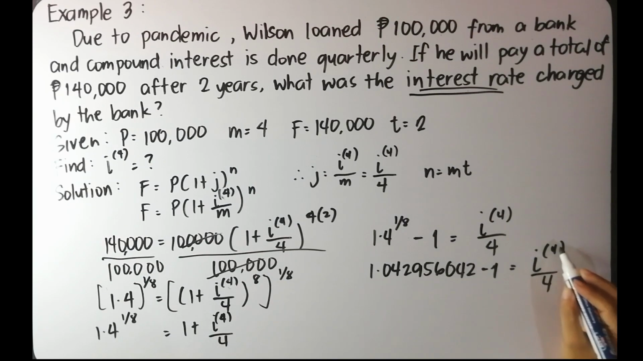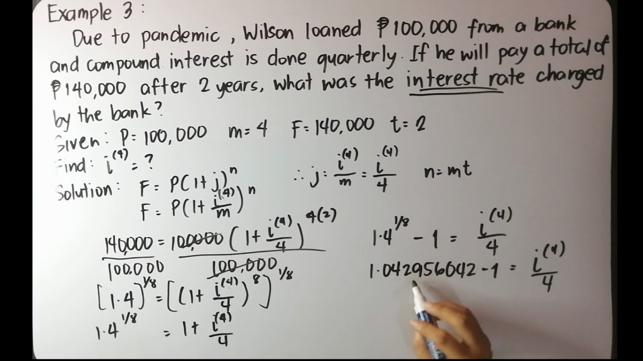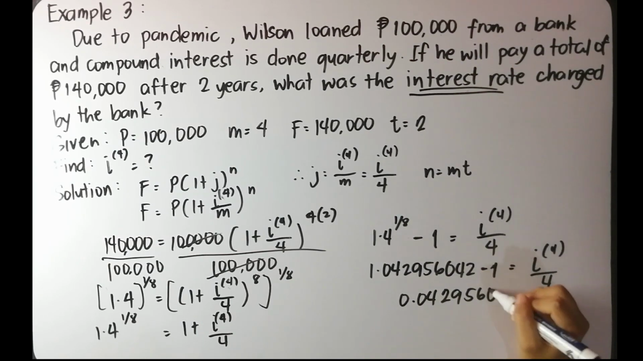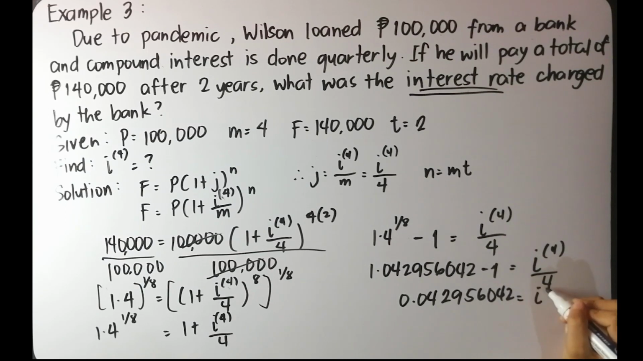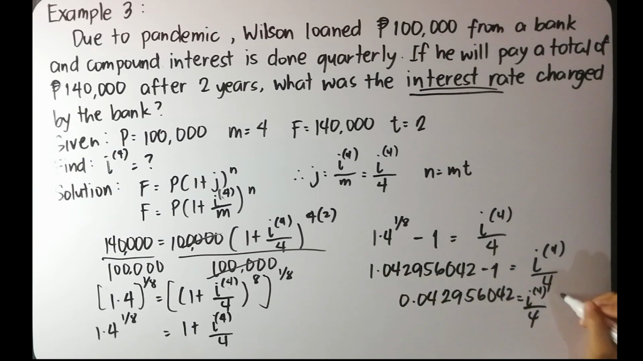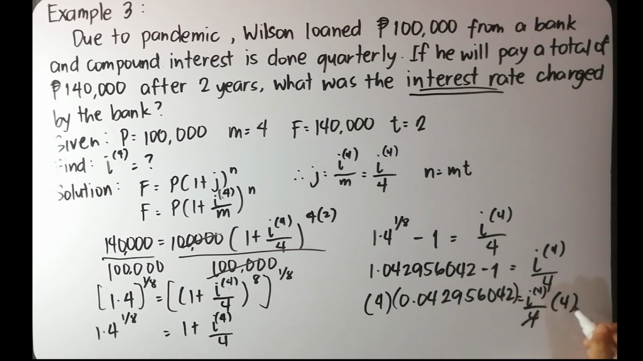So to get the value of i raised to 4, we need to multiply. So 1.042956042 minus 1, we have 0.042956042 equals i raised to 4 over 4. So we multiply both sides by 4 to eliminate the 4 here. So our i raised to 4, or the given rate, is equal to